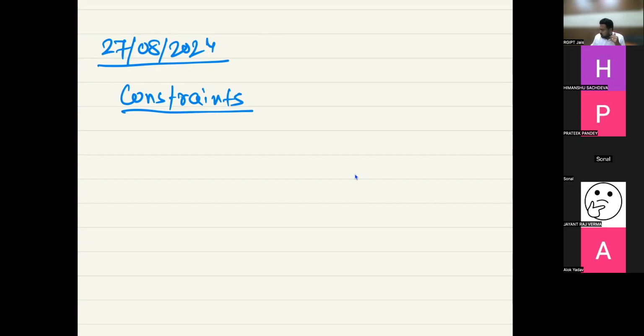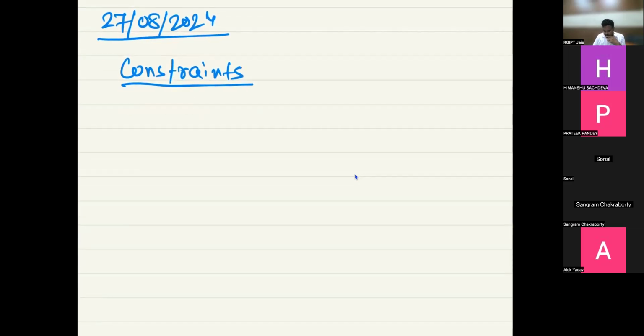We also gave some examples of these constraints and degrees of freedom as well. So for example of constraints, we told you that